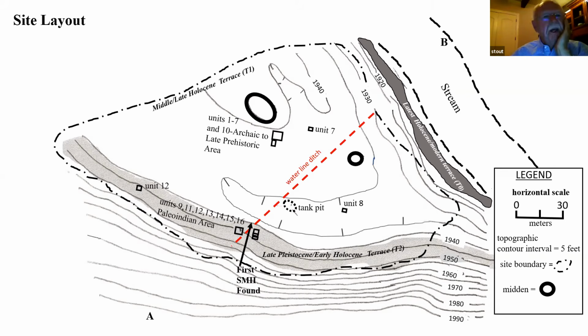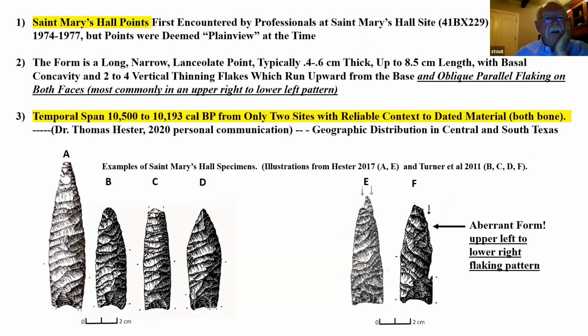The SMH, or the St. Mary's Hall Point, is a very unique point for Texas. It does not have a wide range. It was first discovered back in the 70s, but they didn't know what it was. So they didn't even name it St. Mary's Hall at the time. They called it Plainview, which is another style of point. It wasn't until later that